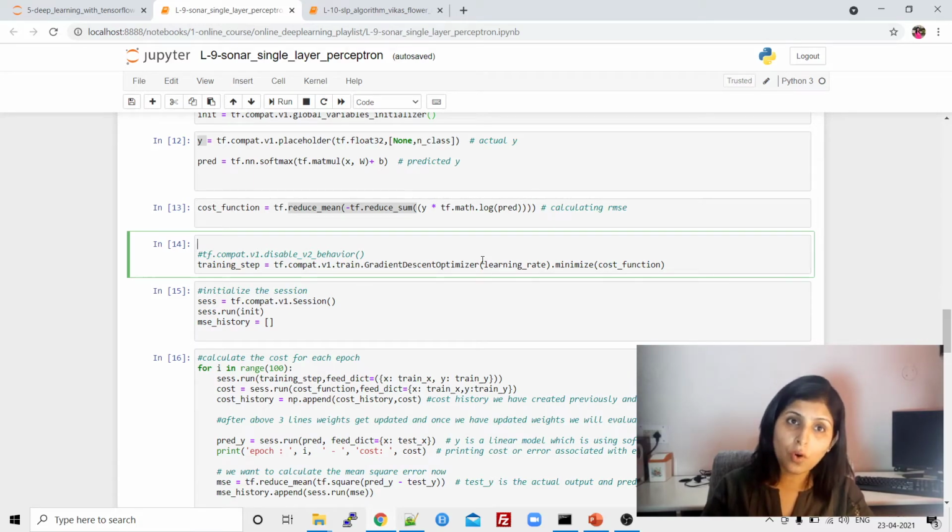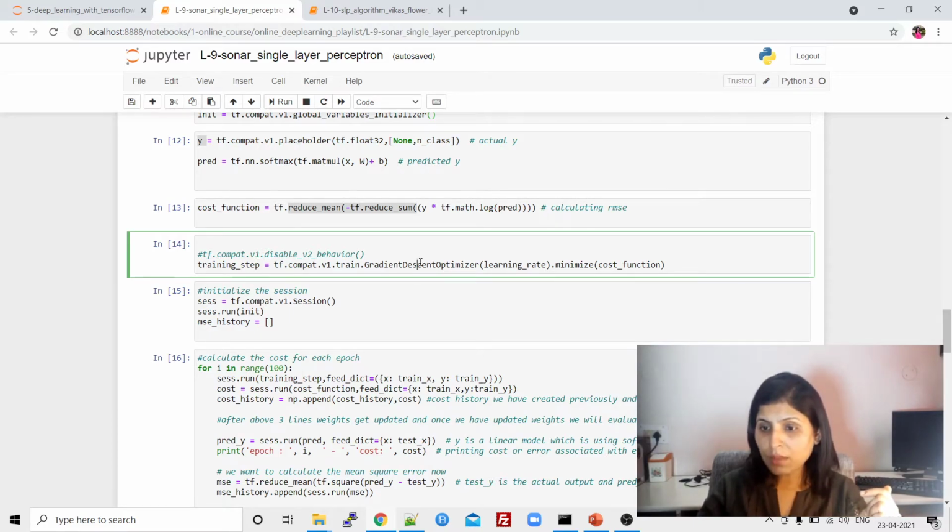Over there I already explained why we calculate loss: because we want to know the performance of our model, the performance of our algorithm. And to improve the performance of your model, we update the weights and then train our algorithm again with those newly updated weights, and we perform this functionality for some time, right?